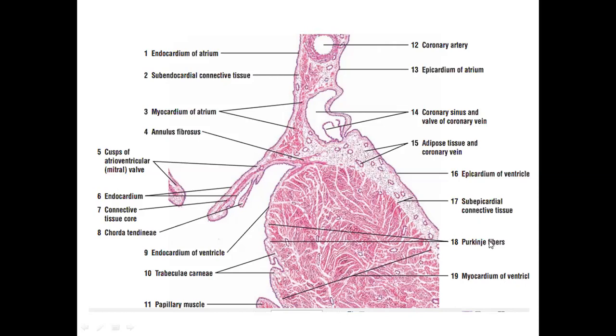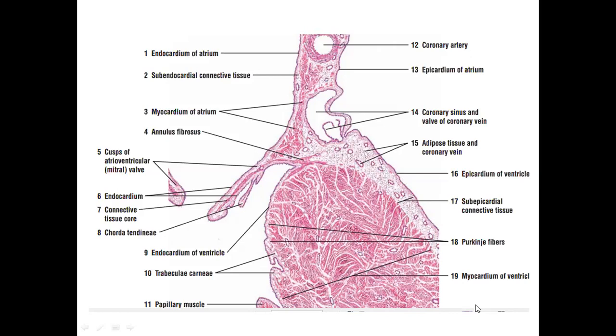Now they have labeled Purkinje fibers here. And then outside myocardium, there is a connective tissue layer, subepicardial connective tissue, and outside subepicardial connective tissue, there is the simple squamous epithelium labeled as mesothelium. So this mesothelium and subepicardial connective tissue is collectively forming the epicardial layer. So hope you must have gone through this descriptive portion.